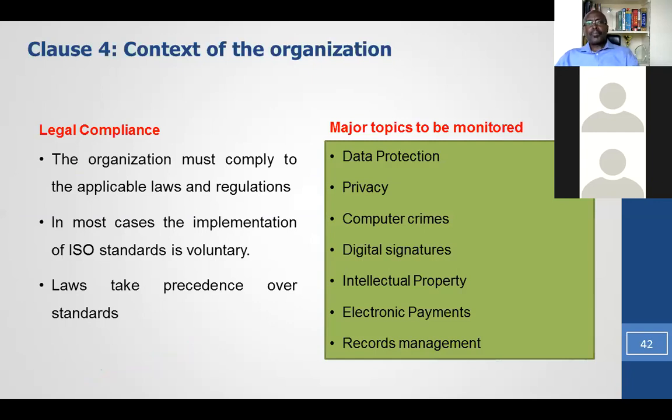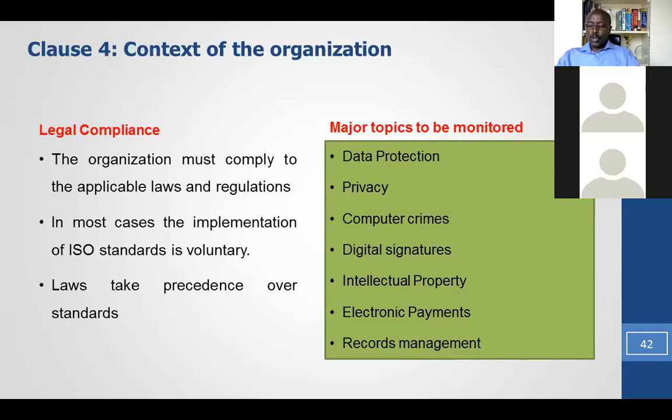Another issue that's normally very, very critical, that is also critical for this presentation, is the legal compliance. Part of understanding your organization is understanding what legal requirements you have. For instance, are you regulated by the Central Bank of Kenya? And as a central bank, therefore have some requirements that you must meet in regard to information security. You'd want to look at, for instance, the Data Protection Act to see whether there are requirements that relate to information security that you are mandated